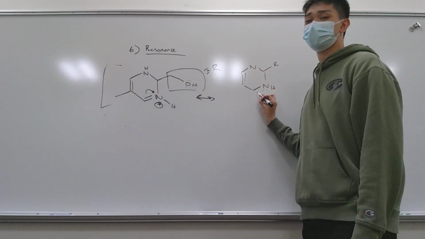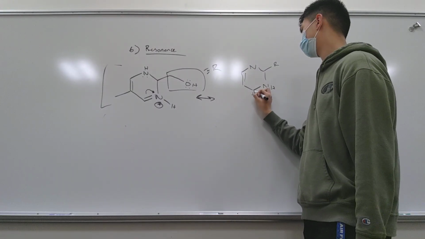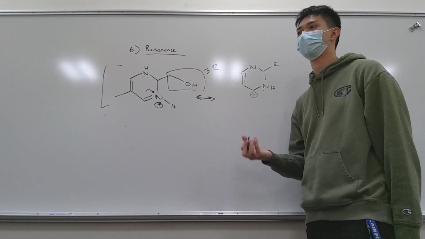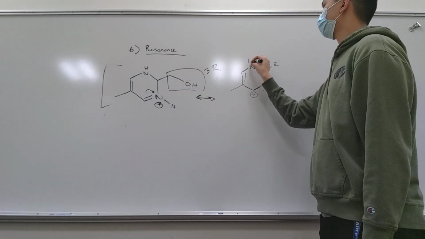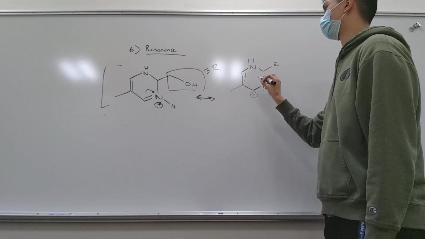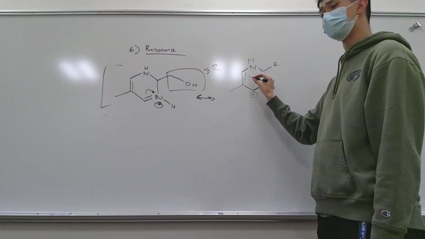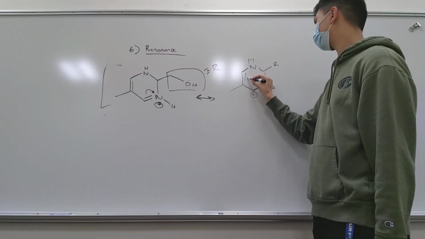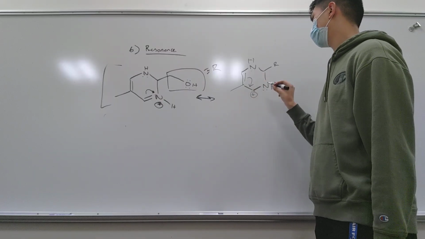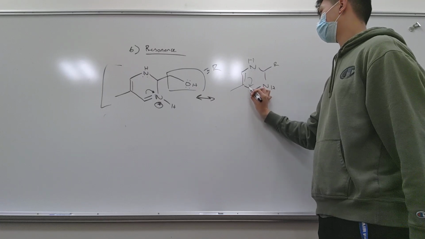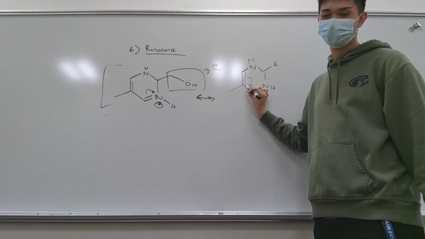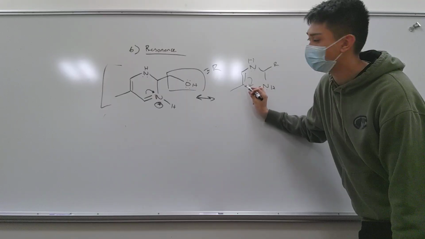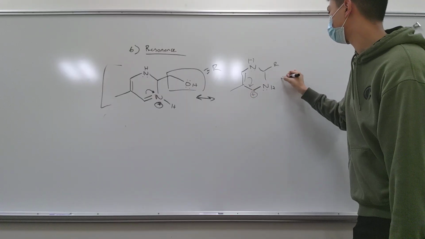But now this carbon doesn't have anything. No electrons. Or well, it has electrons, but it's lacking because it gave them away. So where else can I find extra electrons? More money, right? This pi bond can give its electrons over to this carbon while also not breaking its octet. This carbon is not breaking its octet because if we do this,